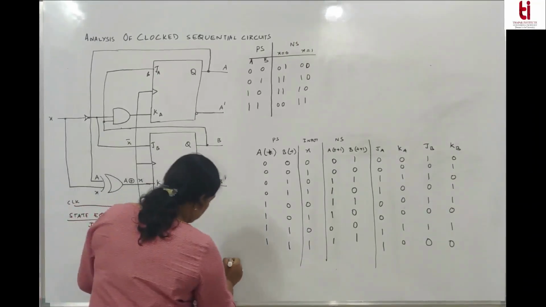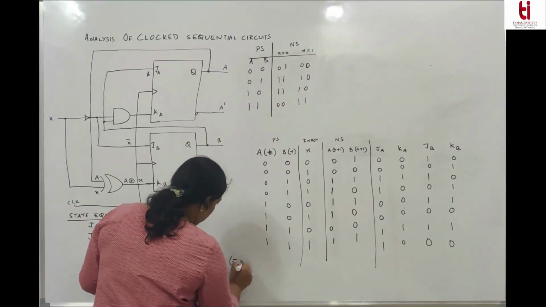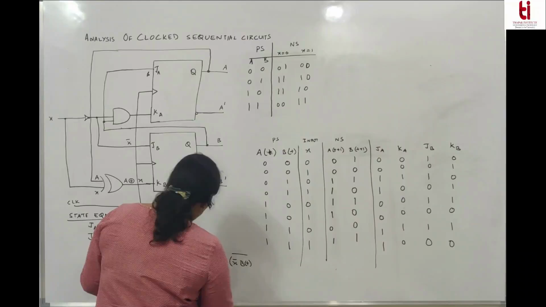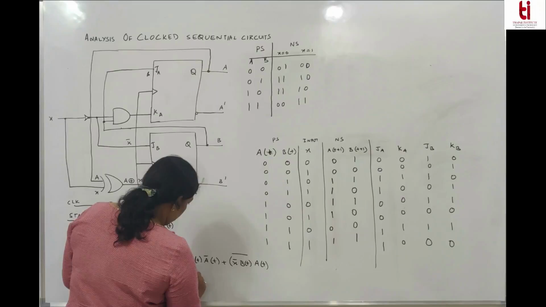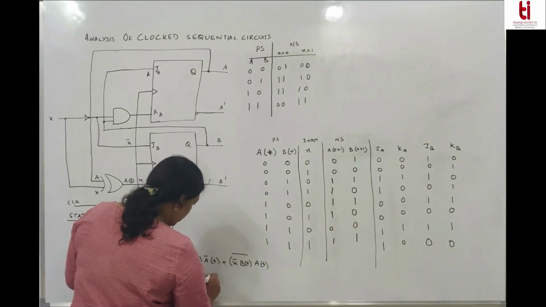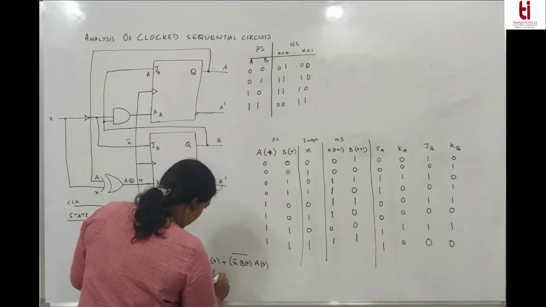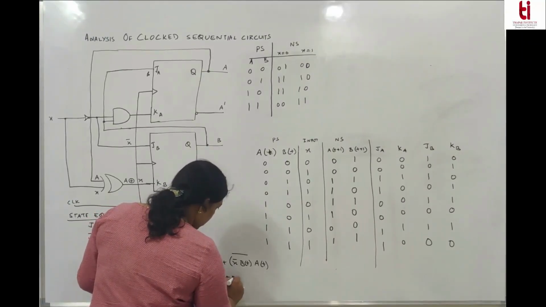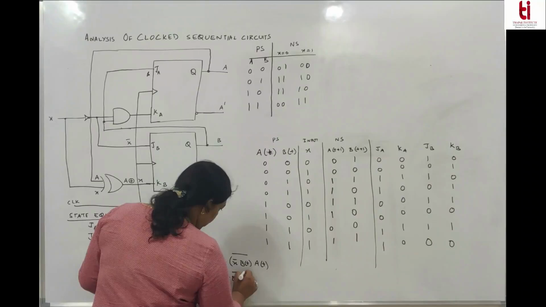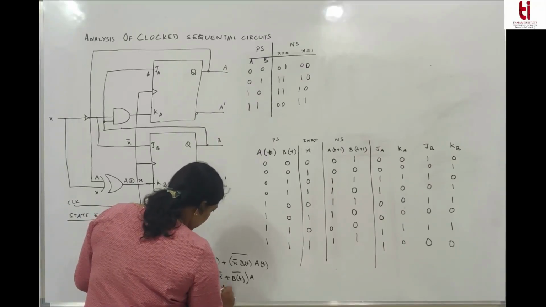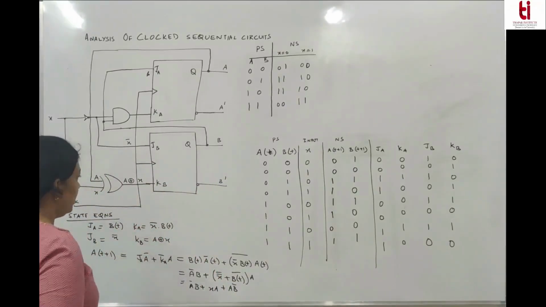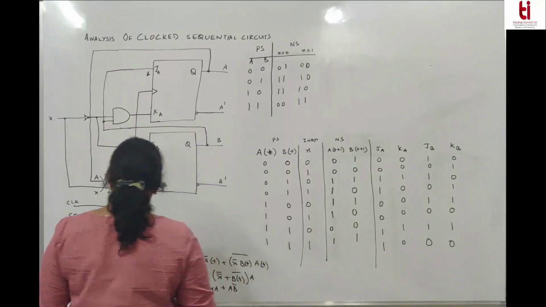KA bar this X bar into A. So it is A bar B plus X bar plus B bar A. So A bar B plus X AX plus AB bar. So this is the next state equation for A,